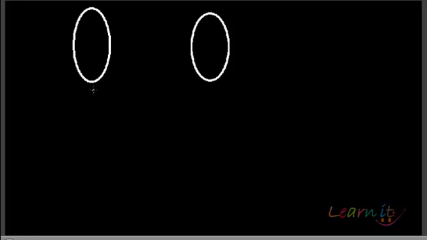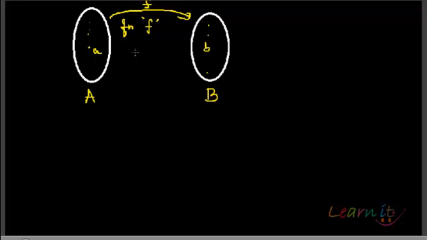Okay, in this video we will talk about the domain and range of a function. So we know that a function is a relationship between the elements of set A and set B. So you have elements a in the set A, elements like b in the set B, under a function f, which is a relation. So a function f goes from A to B.